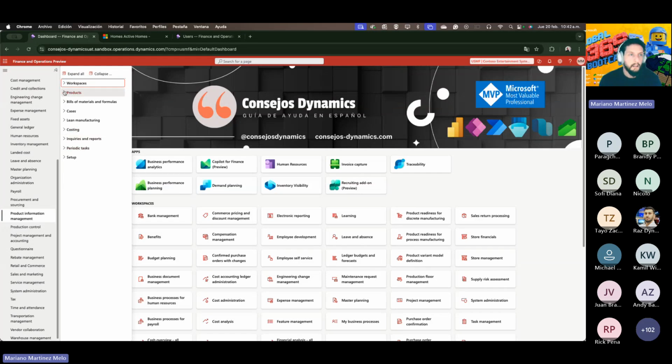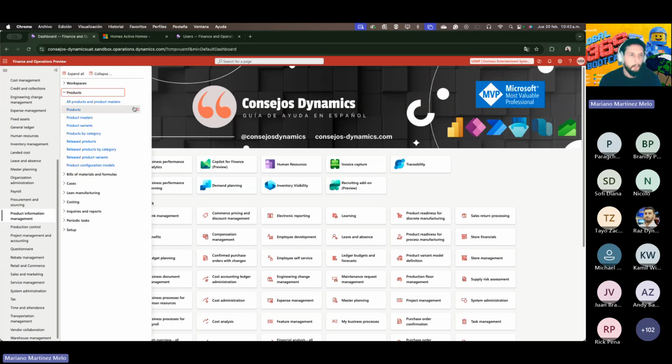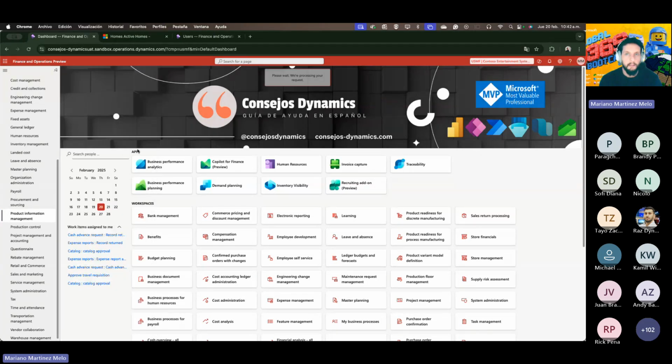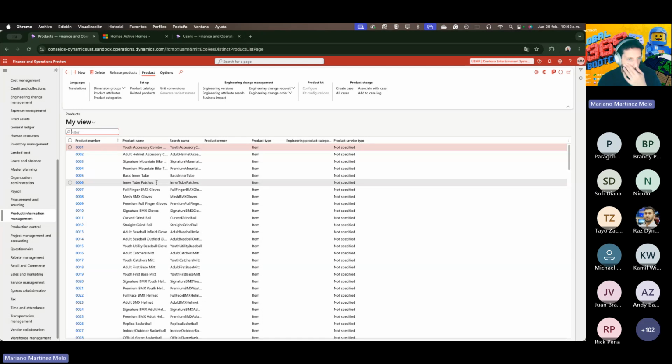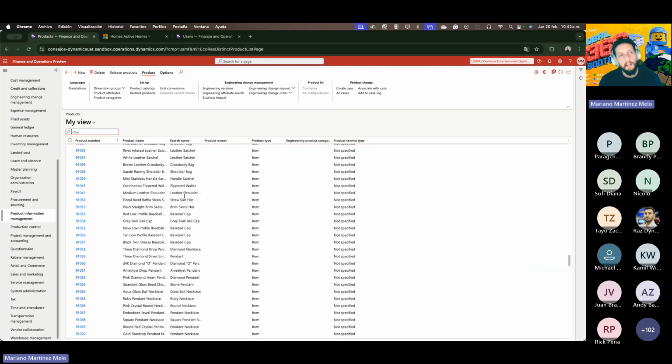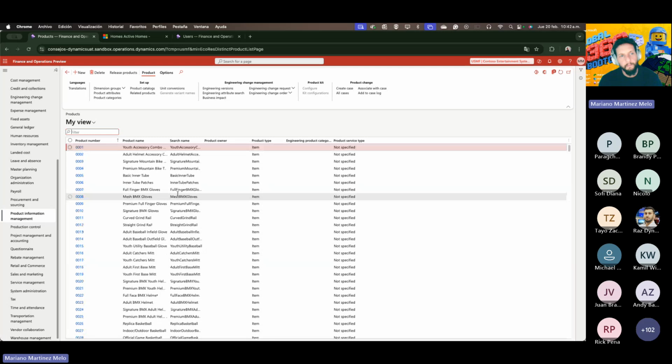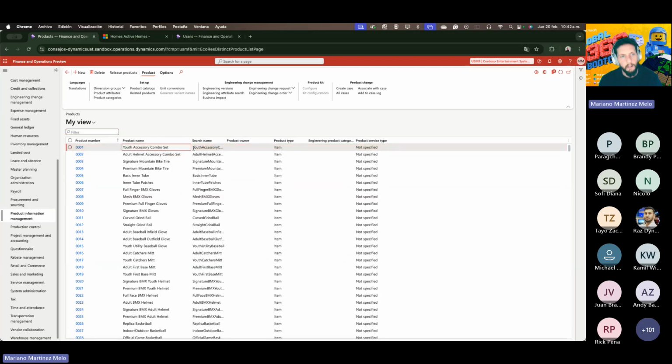You will see here in the products menu that we have different access, and everything is related to the product. So we can see products here and released products. This is the main difference that I was mentioning. Products, for example, if we access here, we will see every product in all legal entities. So for example, this first item, which is a use accessory combo set,